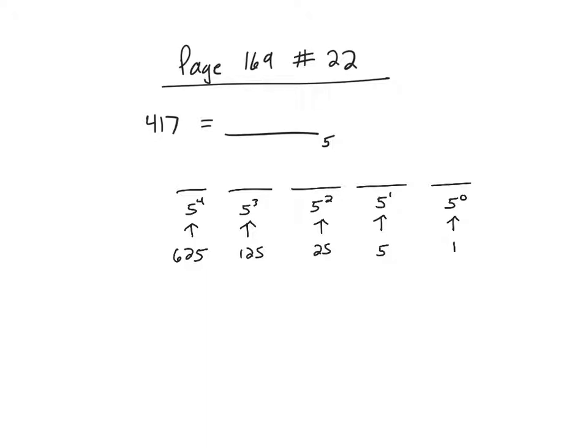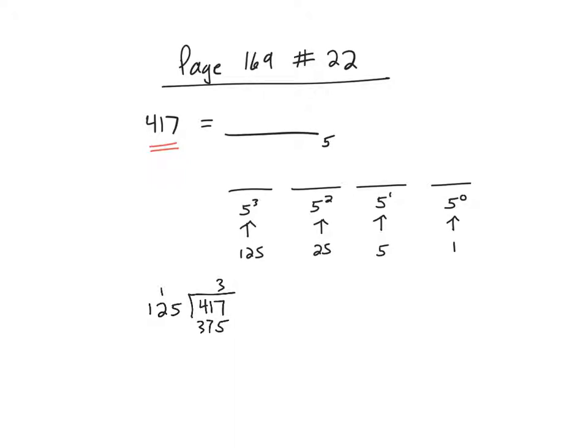So let's look at this number, 417, and what's the largest place that I'm going to need. I don't have any 625s. That's too big. So I actually don't even need this at all. So I'm just going to erase it. I can get 125 out of 417 because there are, looks like 2 or 3 125s that I can get out of 417. So to find out exactly how many, I'm going to divide. So I'm going to take 417, I'm going to find out how many 125s will go in there, and I'm guessing it's 3,